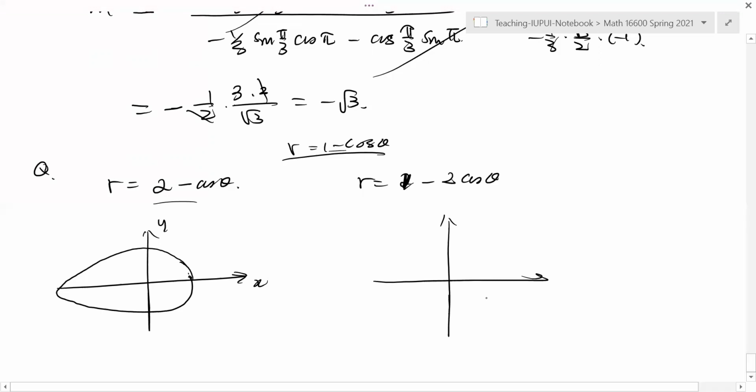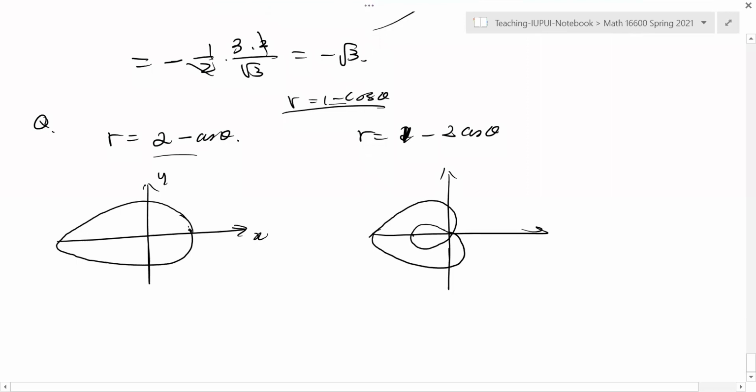Okay, so this could be negative. So the graph looks like that. So there are three different types of graphs. One on the top is